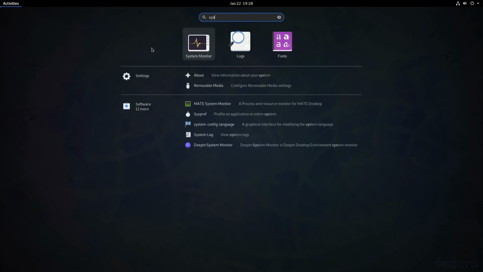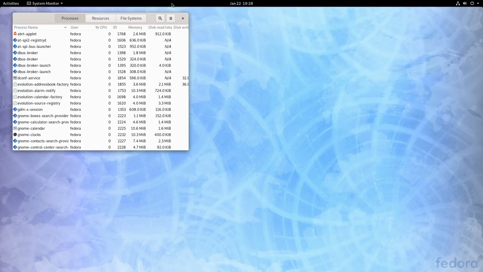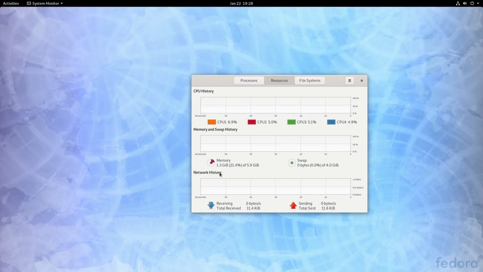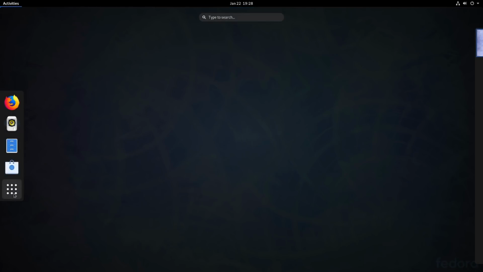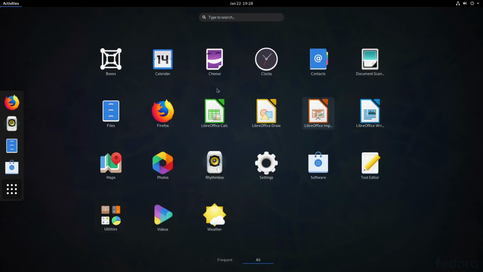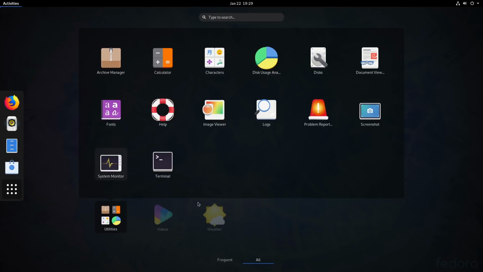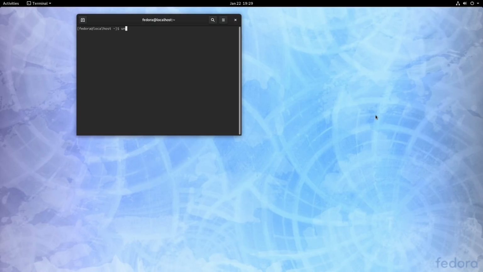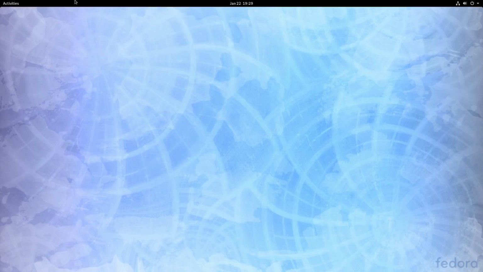First, let's go ahead and have a look if there is a system monitor and see what type of RAM and resources are being used out of the box. So right now we're running on 1.3 gigs of RAM, which is pretty high, especially for GNOME 3.34. It is snappy though, so the fact that it's running higher in system RAM is not super concerning to me. Let's see. So we are running